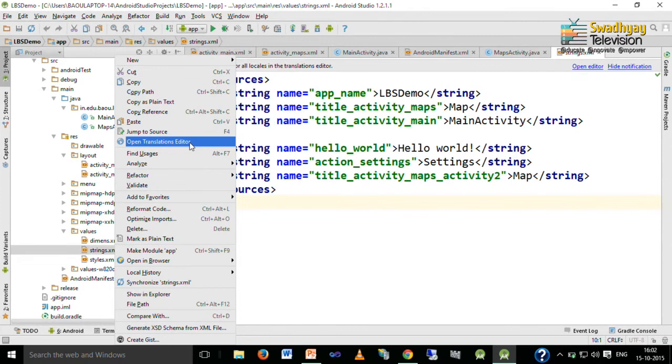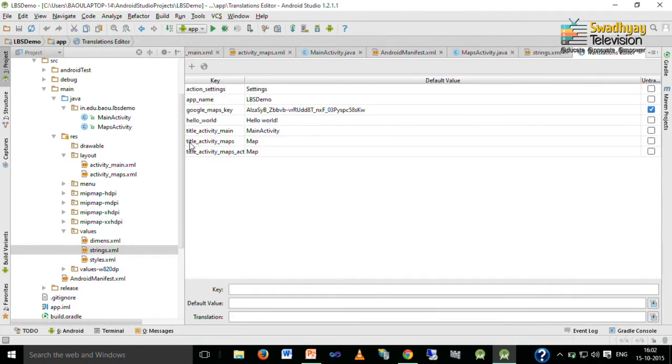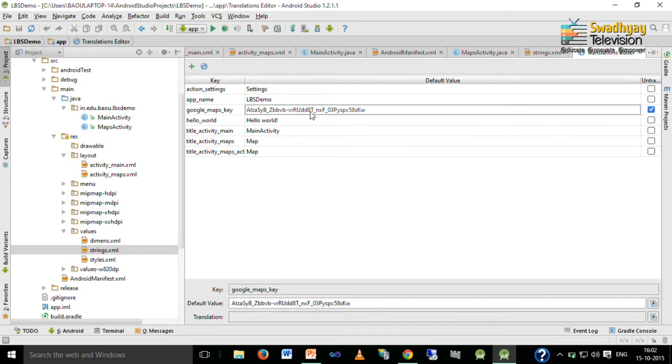If I open this editor, you can see that a string with the name google_maps_key is automatically added, and its value should be equal to our API key acquired from the developer console. So, here you have to copy your API key for distributing your application.